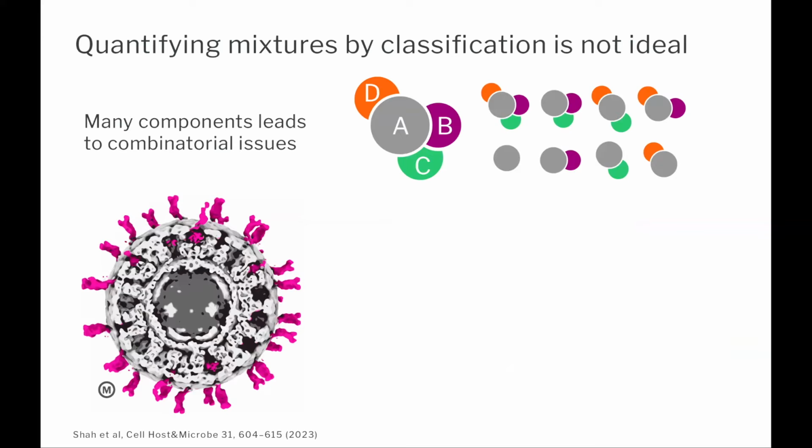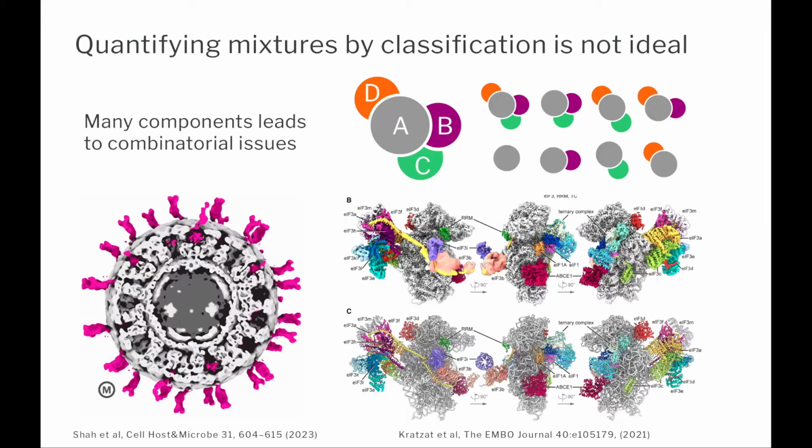This is especially easy to envision if you have something highly symmetrical like a virus, where you have spike proteins like this one. Obviously, we can't find all of the virus particles that have the spike proteins in a certain configuration. Instead, you would want to be able to disentangle these and look at individual spike proteins, but that might be very difficult as well. So just being able to detect the inherent heterogeneity within the consensus reconstruction is really important. And this becomes even more pronounced when you have other asymmetric reconstructions that have massive levels of compositional complexity.